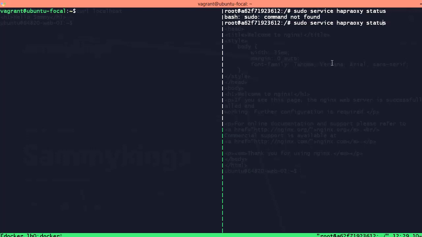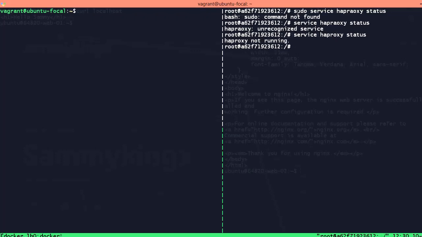Oh, sorry, I'm already root, so I don't need to precede this with sudo. But if you're going to be running this on your LB01 server, you actually need to precede this with sudo. But then I'm just going to run this. Oh yeah, I didn't write that correctly. It is HAProxy,